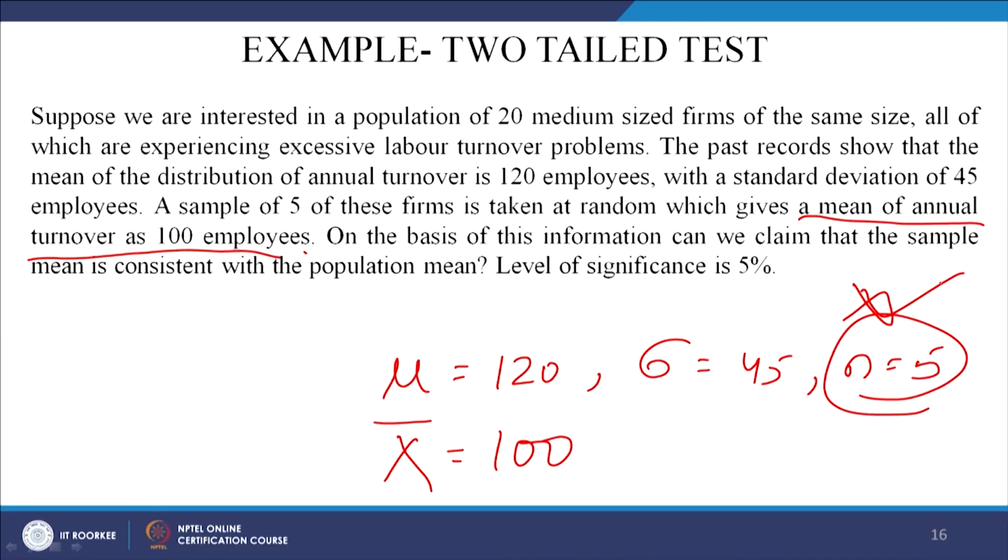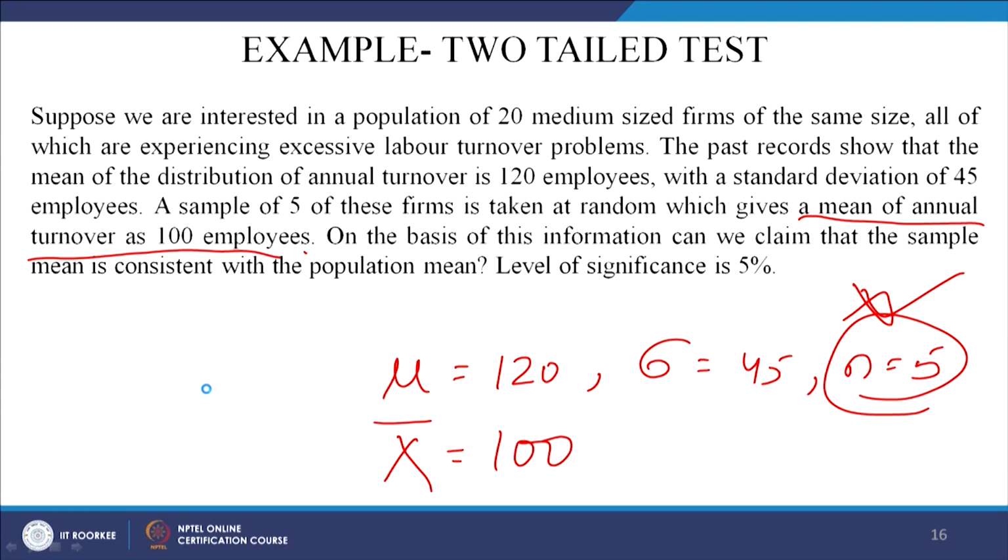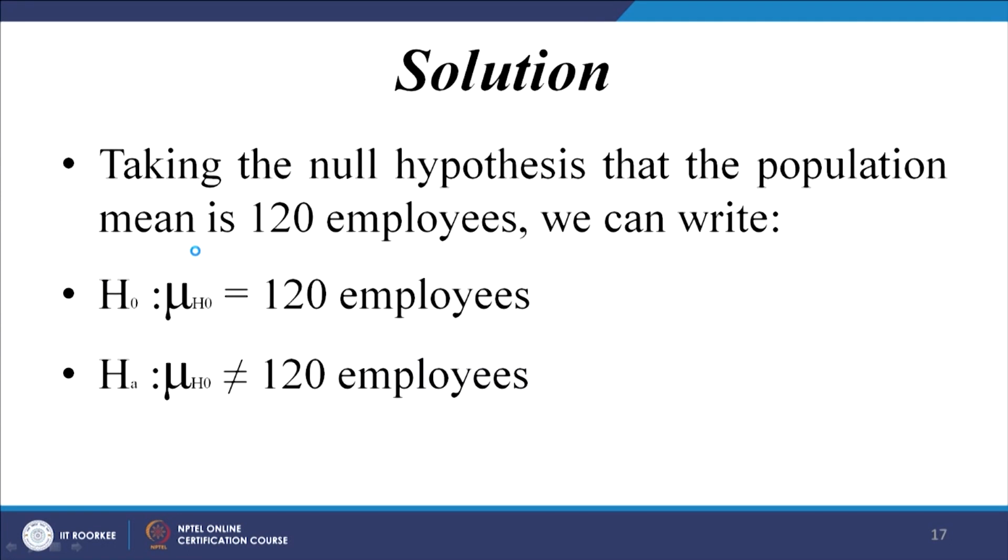Now, suppose you are a researcher and you are doing some research in HR or something, then you need to test this hypothesis. Okay. So, first of all, kindly formulate the hypothesis. So, solution, taking the null hypothesis that the mean is 120, we can write mu is equal to 120 employees. So, H0, what did it say here, the sample gives a mean of 100 employees. So, now it wants to check whether this mu is correct or not. So, what it is trying to say, the null hypothesis is